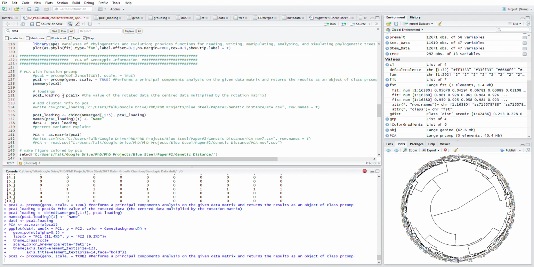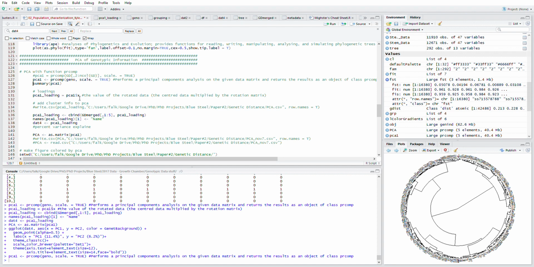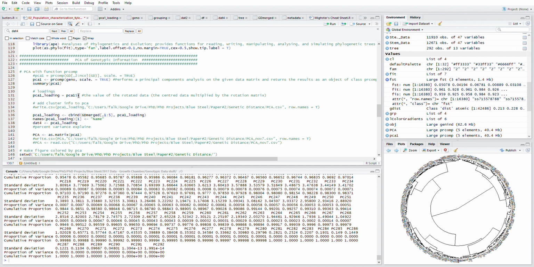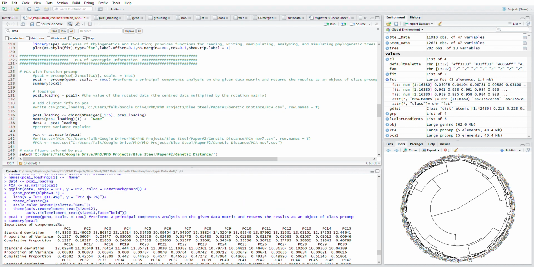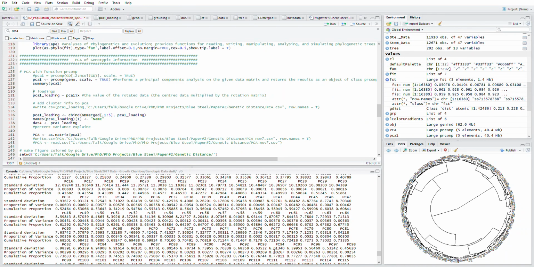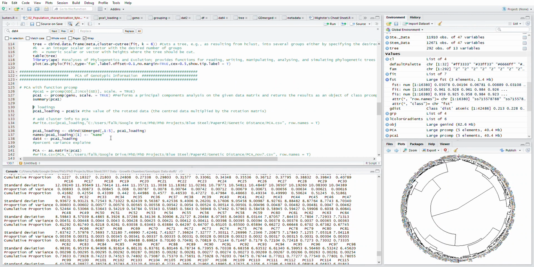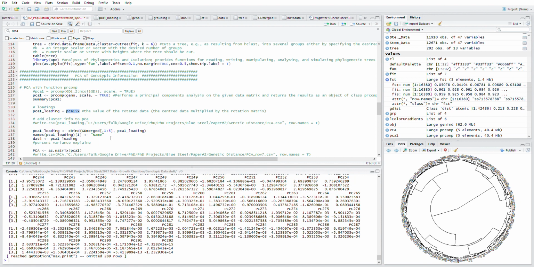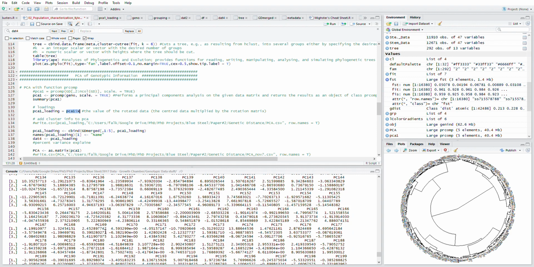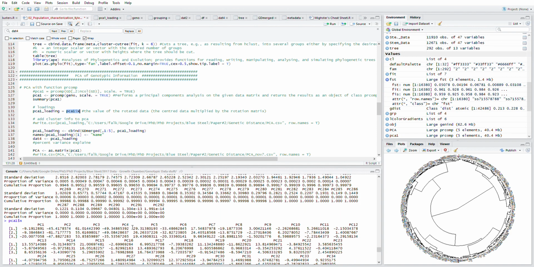And we'll look at that PCA, and then we'll start pulling around looking at the loadings of that. So that's completed. And just looking at the summary, we've got principal component 1, 2, 3 all the way, creating those massive amounts of principal components. And I want to look at the loadings, and this will help us graph the scatter plot. So principal component 1's loadings, 2's, 3's, and so on. So we want to pull that out of the principal component